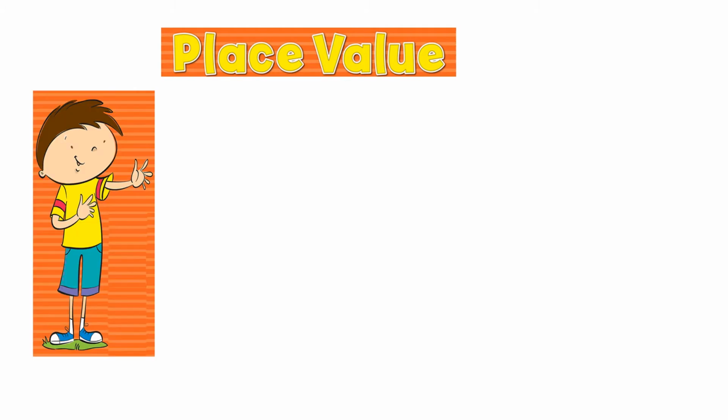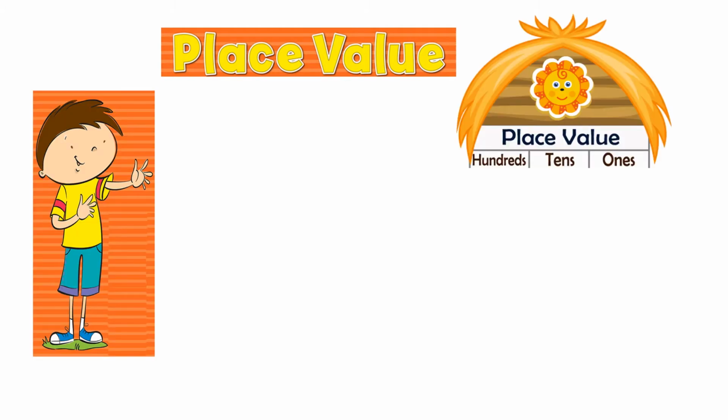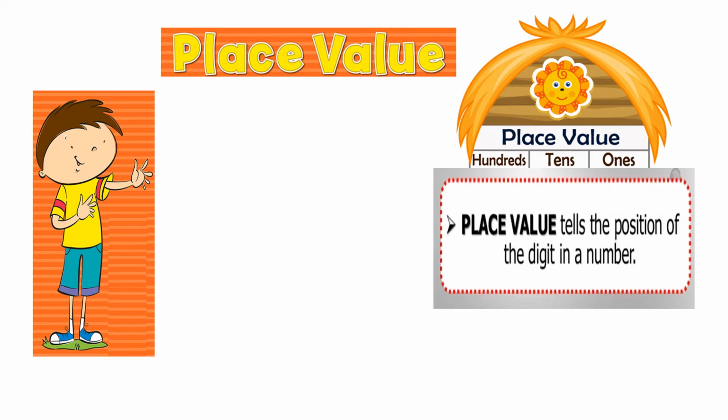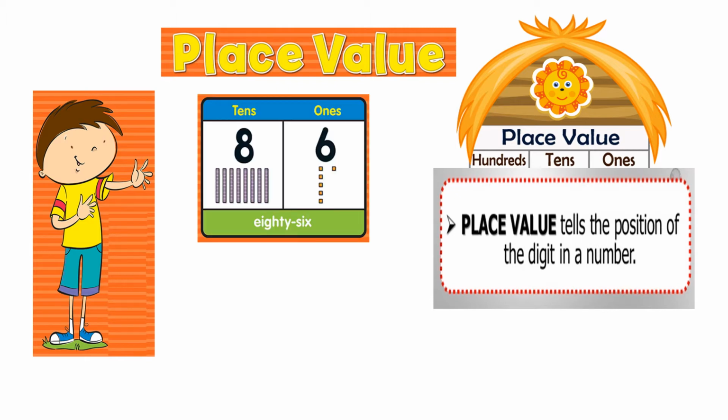Before we learn how to write the numbers, let's see what the meaning of place value is. Place value means we'll be writing here ones, tens and hundreds, and the definition is that it tells us the position of the digit in a number. What is a digit and what is a number? Let's take 86 as an example of a number, with ones and tens place. So 6 is in the ones place and 8 is in the tens place. It is only the position. Now its place value: the place value of 6 is 6 ones, which equals 6, and the place value of 8 is 8 tens, which means 80.